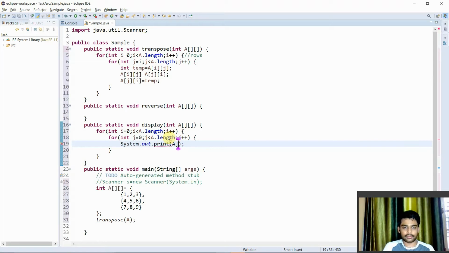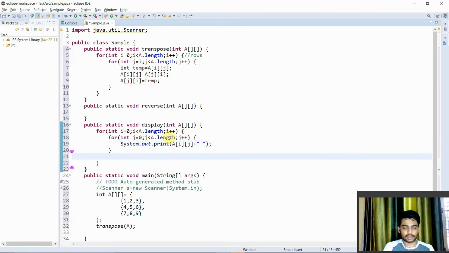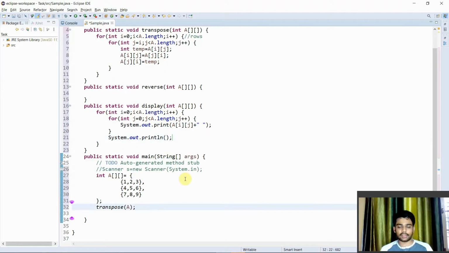So a of i of j. After printing it, print the next line. Yeah, so we are doing a transpose here.